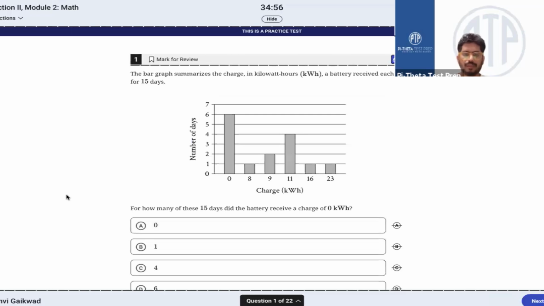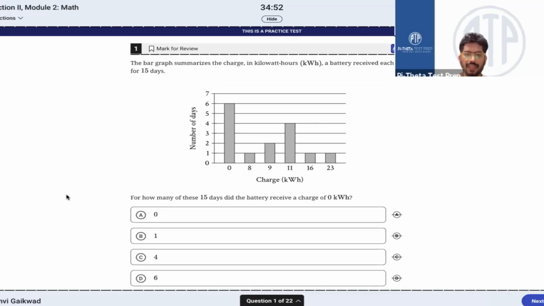The bar graph summarizes the charge in kilowatt hours a battery received each day for 15 days. For how many of these 15 days did the battery receive a charge of 0 kilowatt hours? So 0 kilowatt is this part. This part is 0 kilowatt. So how many days were there, out of the 15 days, that the battery received